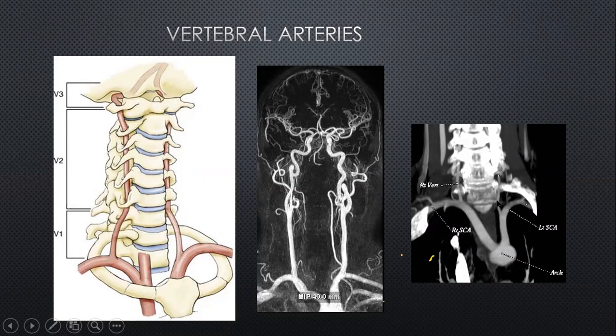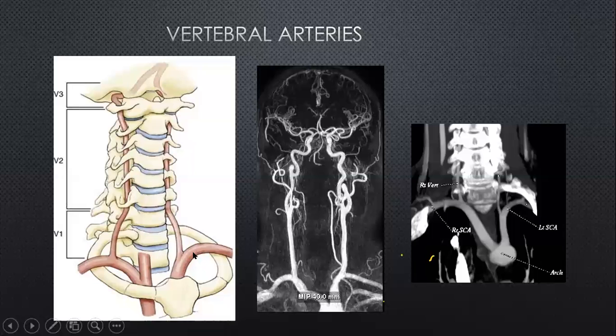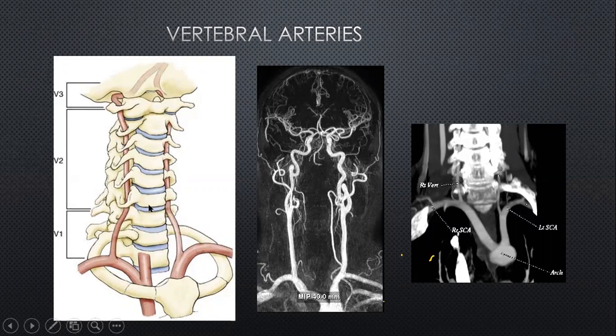Of course, you can have variations where the left subclavian artery can arise directly from the aorta. And when we talk about the segments of the vertebral artery, you have got the V1 segment, which occurs from the origin up to the point where it enters into the vertebral foramina, typically at C6 level. And from then we get the V2 segment up to the C1, C2 level. And then beyond that, the vertebral artery arches at C1 level and penetrates the head at the level of foramen magnum. So that becomes the V3 segment.